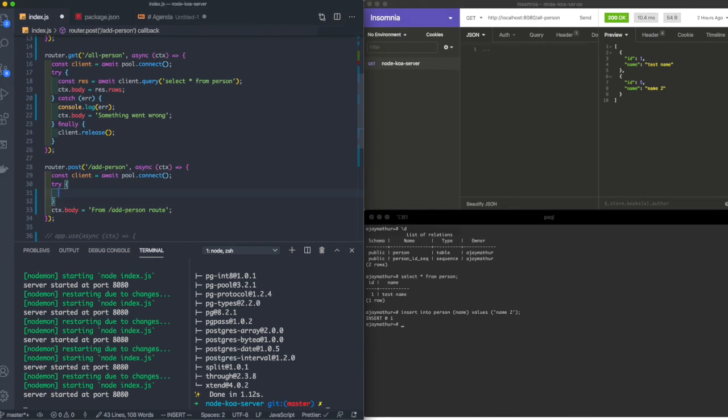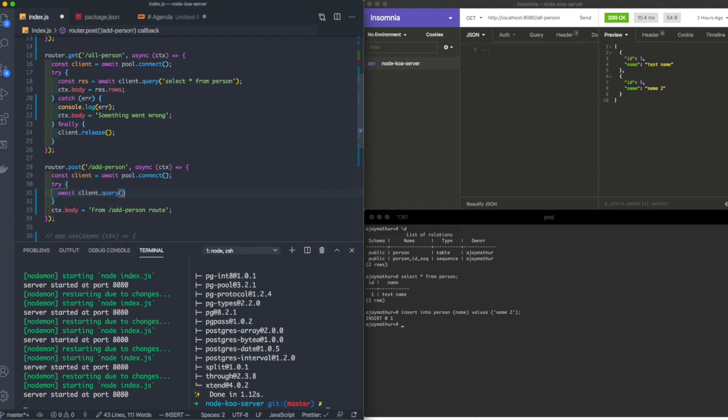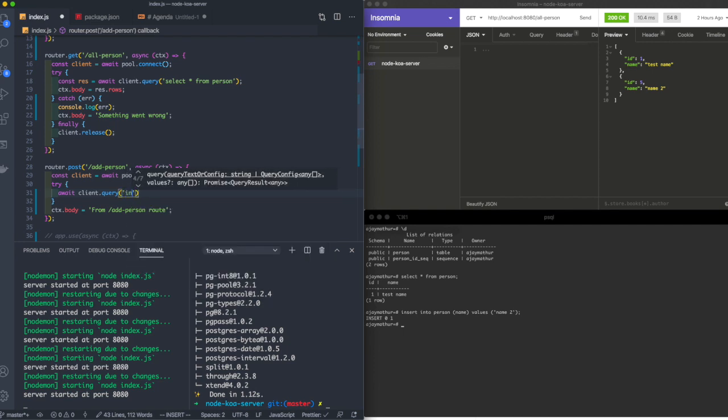And so we are gonna add a person here. So let's call await client.query, and so the query would be insert into person,